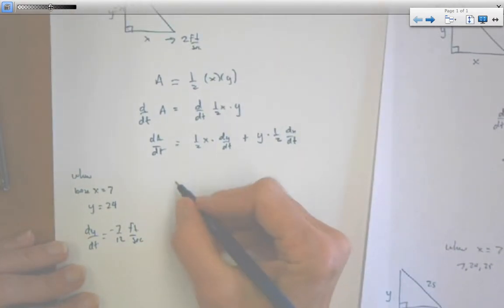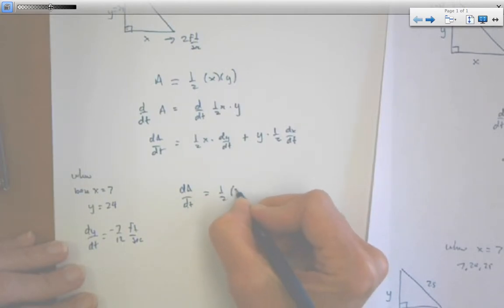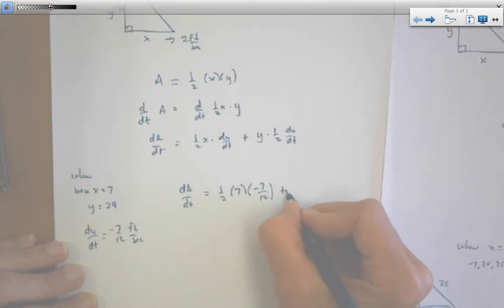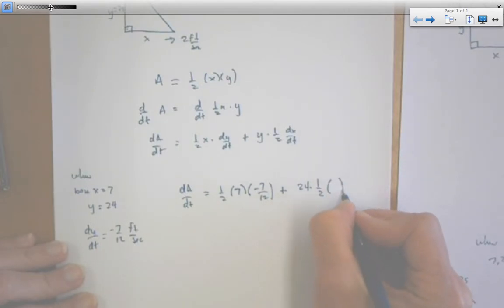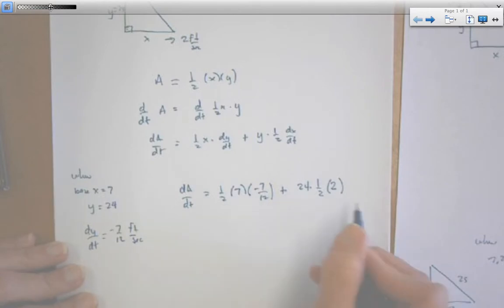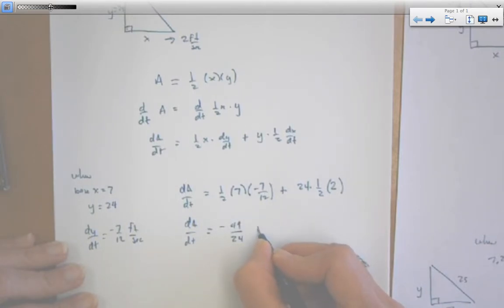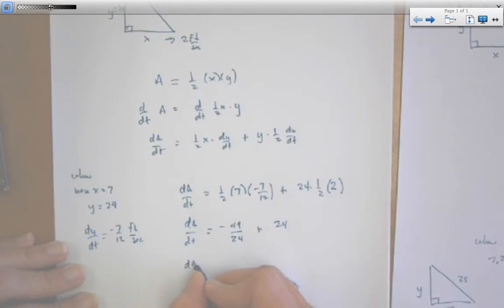So here we go. dA/dt, the rate of change of area with respect to time, is 1/2 times 7 times negative 7/12, plus the value of y, 24, times 1/2, and dx/dt we already know is 2. And we'll put the dimensions in a minute. I just didn't leave enough room to write them. Okay, so this is negative 49 over 24 plus 24,